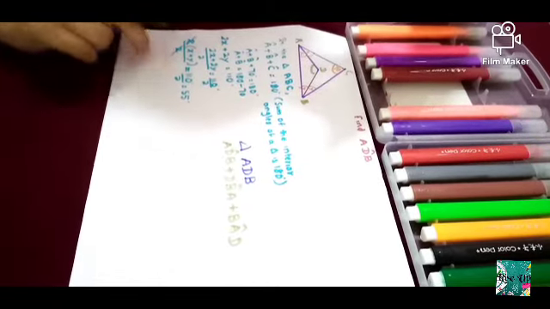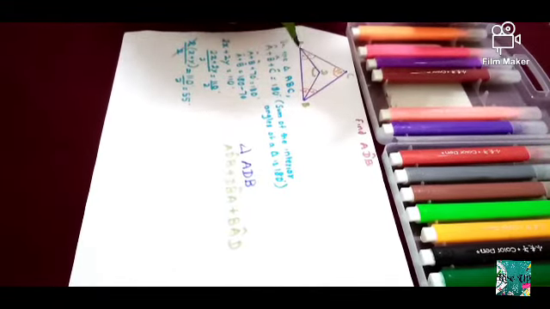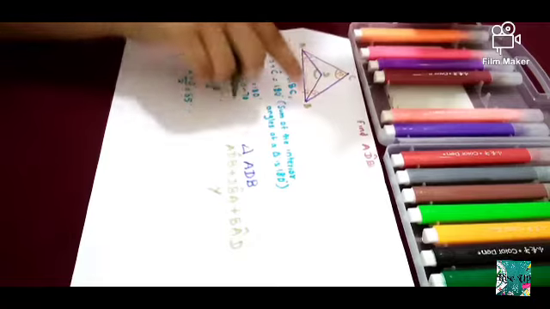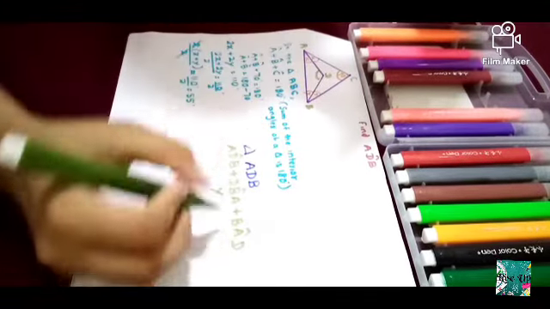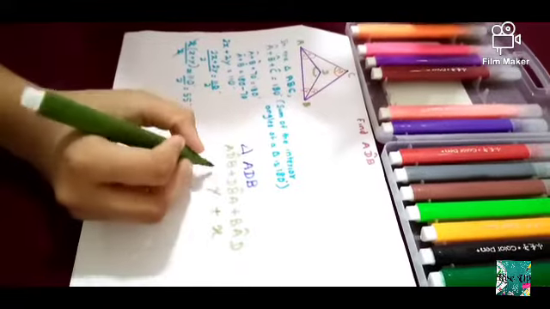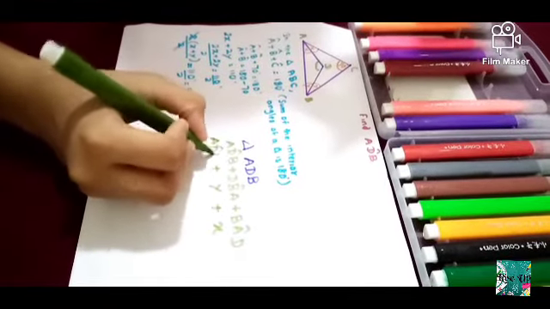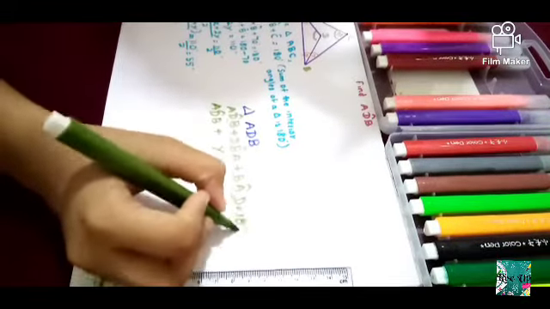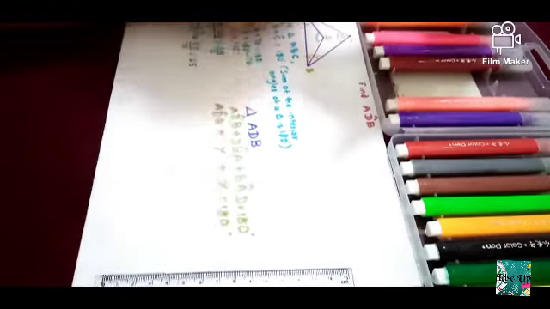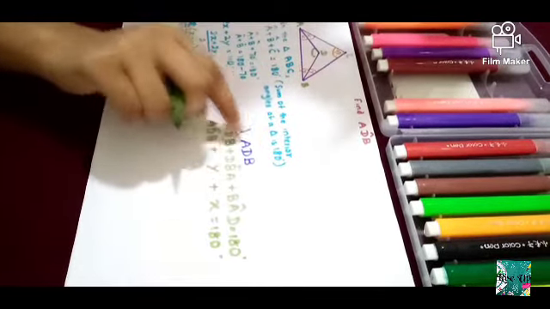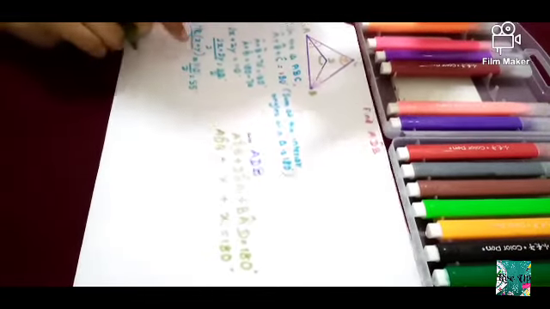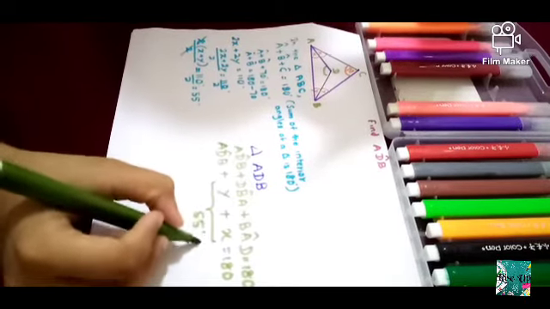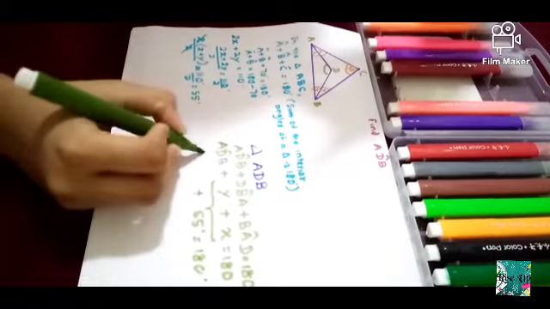So from the previous question, we found the value of x and y. X plus y means DBA is y, DAB, or we can say BAD, that is x, in terms of algebraic terms, and we don't know the value of this one, ADB. The sum of these three angles should be equal to 180 degrees. That is the theorem. What is the theorem? Again, the same theorem you can write. The sum of the interior angles of a triangle is 180 degrees. So y plus x we found here. The value of x plus y is 55 degrees. So you can write this value as 55 degrees. And you have to find the value of ADB only.